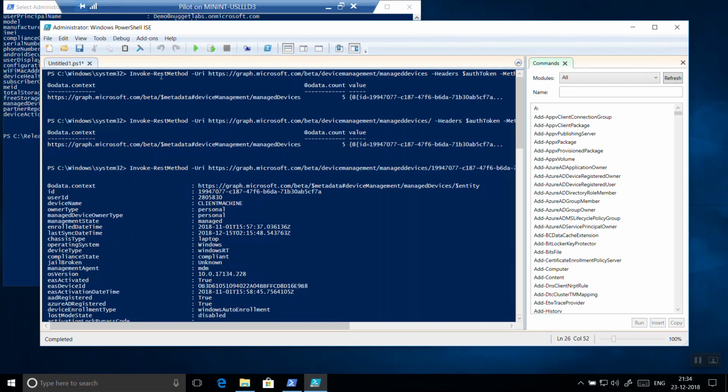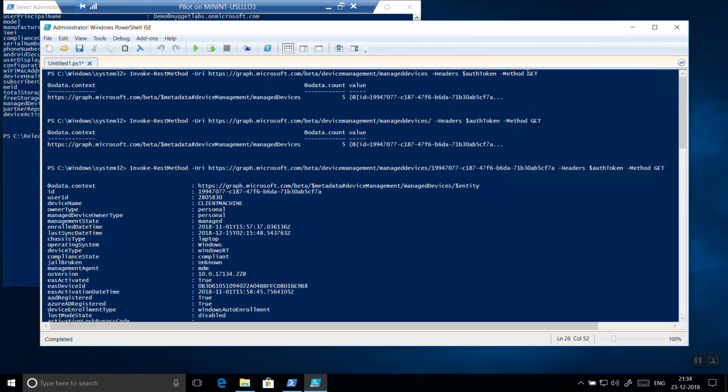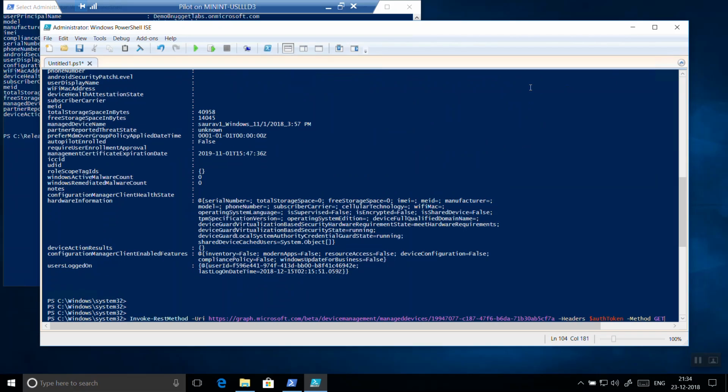The Invoke-RestMethod is what we have to use, and let's just say that I don't want to do a GET, I want to do a POST. The same thing I can do over here as well. So if I do this, instead of the method GET, if I do a POST, then there has to be a